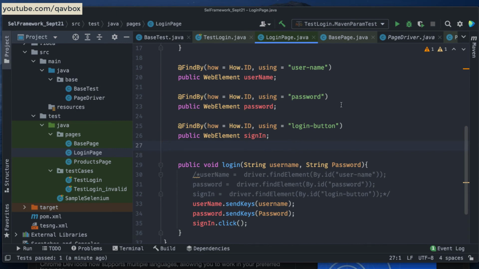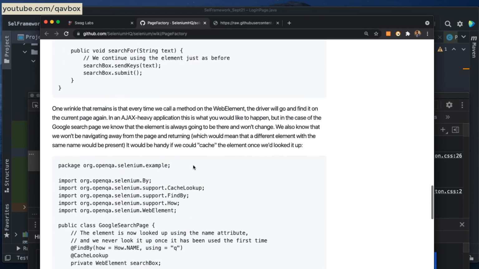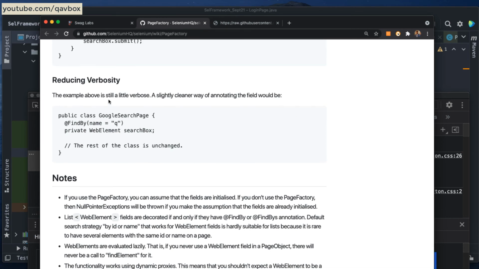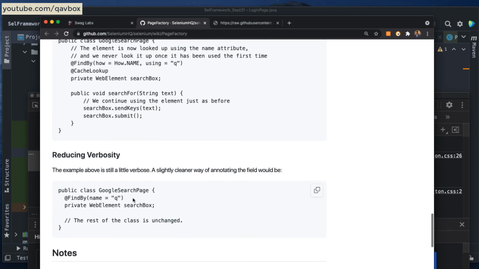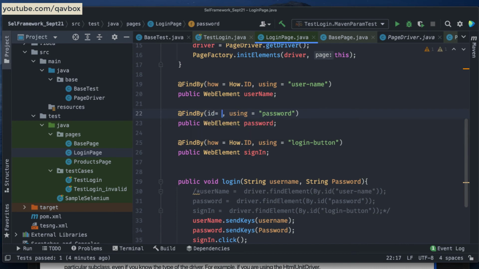Now there are a couple of things. If you go to this documentation here, you will see what it is telling. Now instead of this how equal to how and then using, you can give a short format as well. You can just specify like this, id equal to, and you can remove this instance as well. Okay, you can give like this.